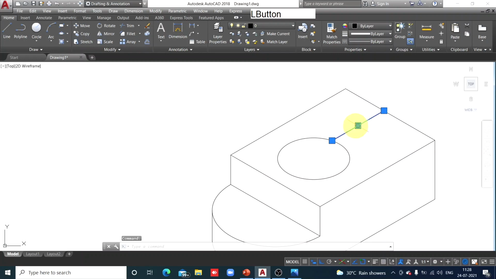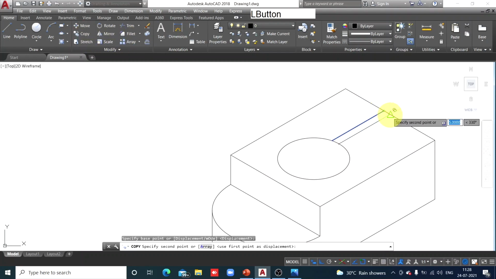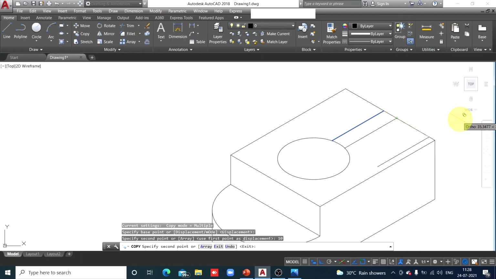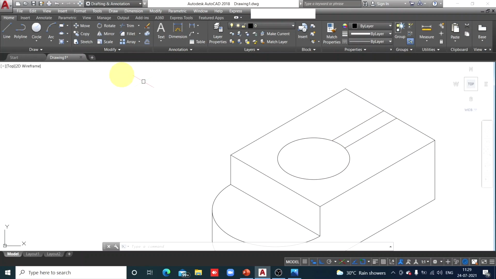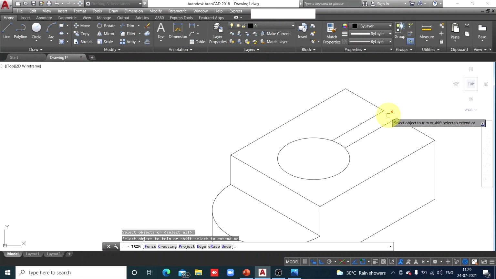So select it, copy, you can use the offset command also, and now 10 millimeters I'll measure, 10, enter. Okay, so this is how you have created that. Now this is a gap or a slot, so there should not be these two edges. We'll trim the unnecessary portion of the edges. So enter. Watch it.